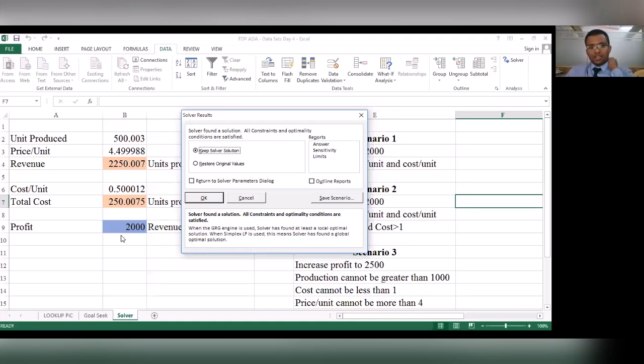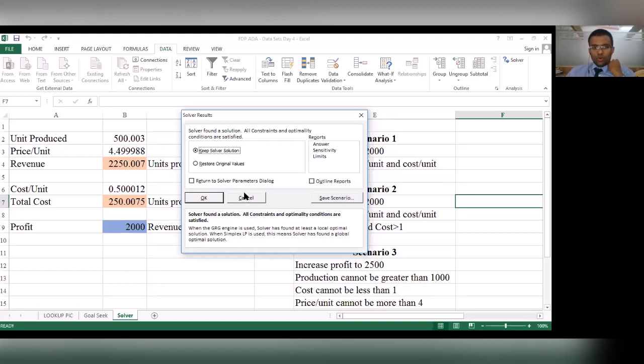Now there's a small flip side with this calculation. If you notice, my units produced are in decimals. In reality, I cannot have 500.003 units produced. In real life, it has to be a whole number.